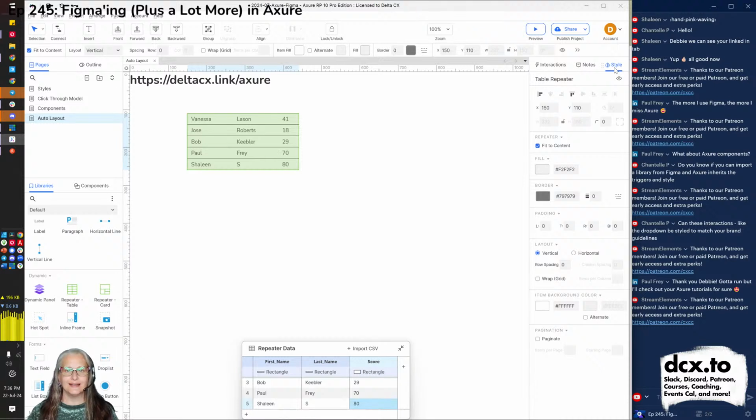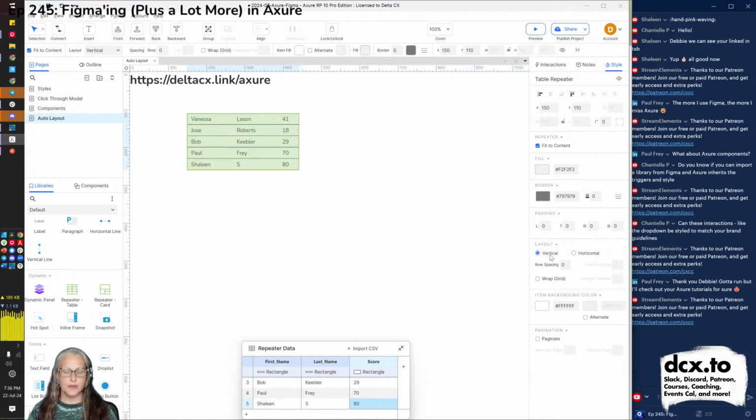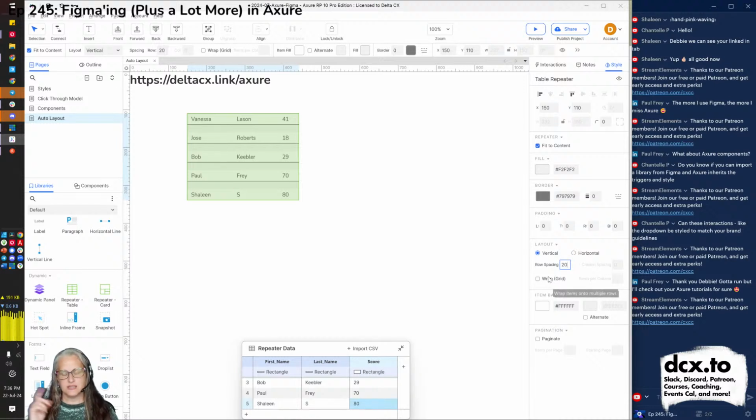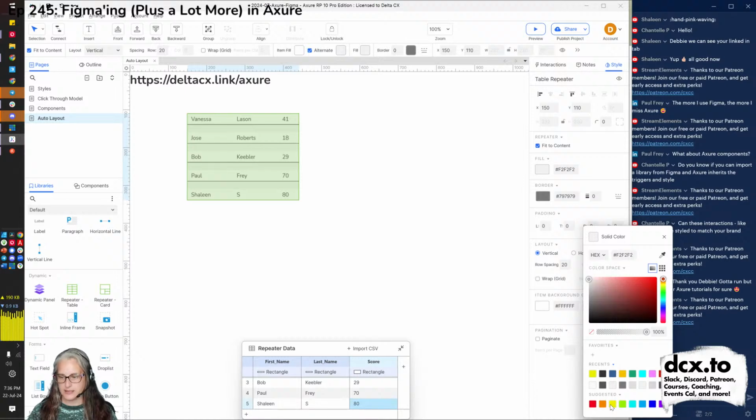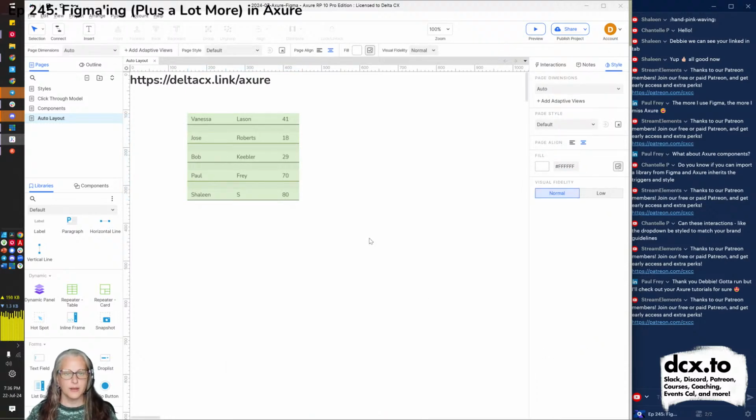We do have some styling options here. So for example, do I want the data to go vertically or horizontally? That's horizontal. So in this case, we definitely want vertical data if you're making a data table. Do we want to create some spacing between the rows? Yeah, give me 20. Is there a reason to wrap this? No, that doesn't really make sense. Wrapping doesn't work here. Do we want alternating background colors? Sometimes we do for a data table. And just to make sure it stands out to everybody, let's do alternating white and yellow. And pagination would be great if you have lots of pages of data that you want to mess with.